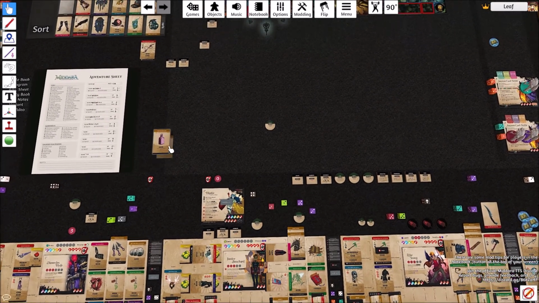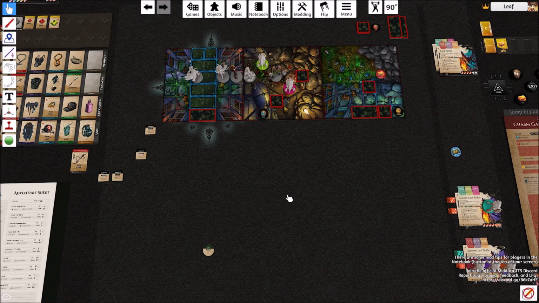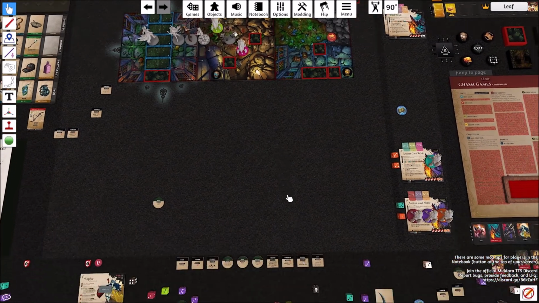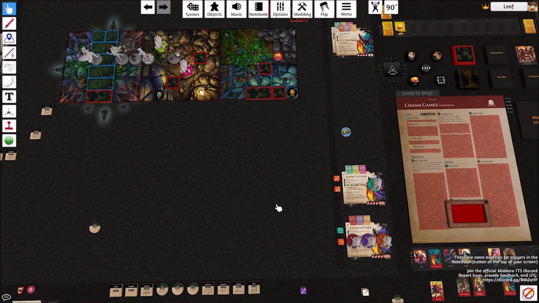I don't want to put out a font or renewal yet, because there's a lot of unknowns here, and I don't exactly want to put font or renewal in Trap Central. Okay. So with that,